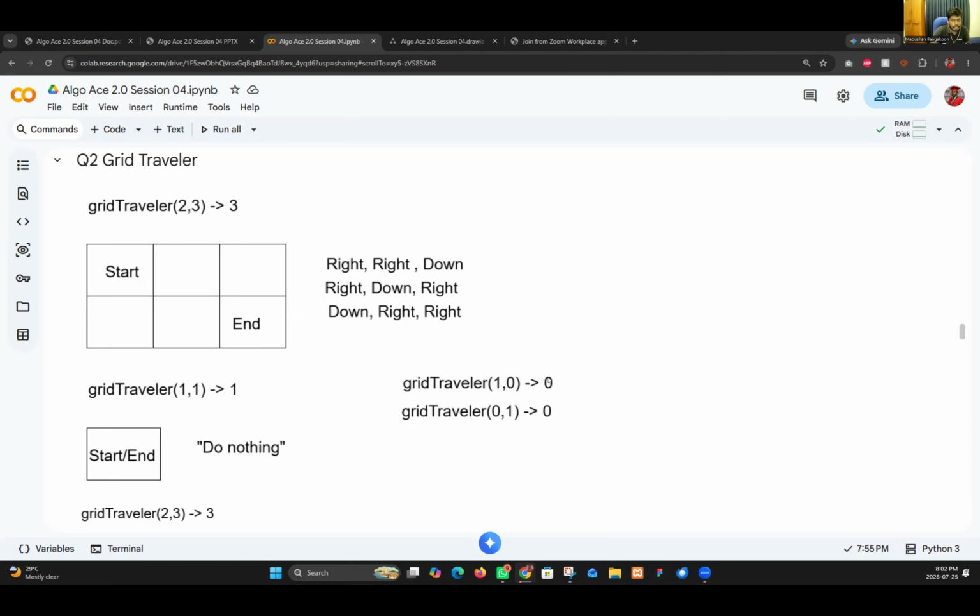That is not possible. The answer will be 0. Even though the answer is not really 0, we need to show somehow that it is wrong. That's why I said 1 and 0, or 0 and 1, is not possible. It means only 1 column and no rows, or only 1 row and no columns. This cannot happen in a grid.